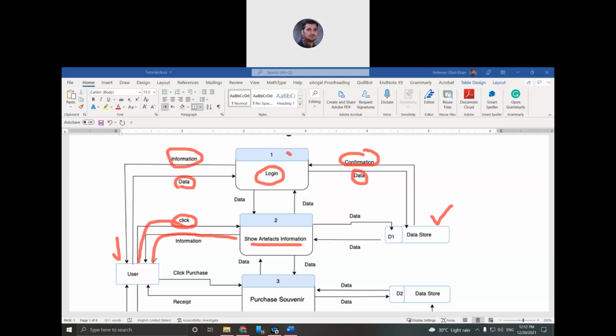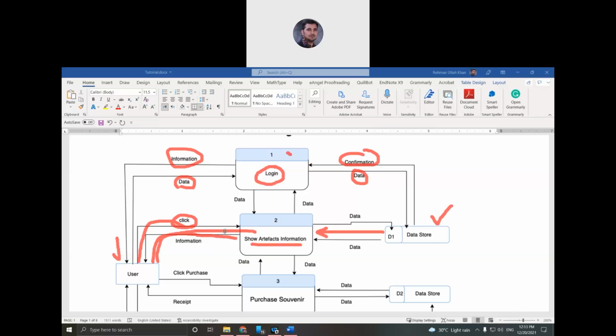How it will get it needs further explanation, we will explain. But in the meanwhile, this process may need some information from the database, because maybe the information comes from a database and then shows to the user.